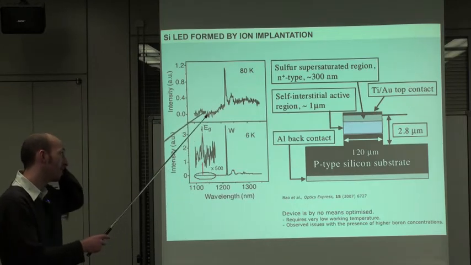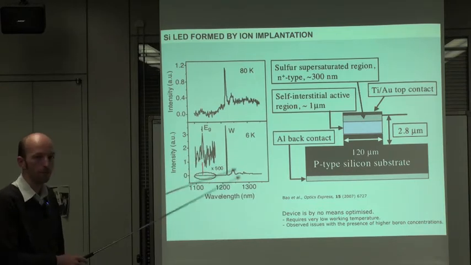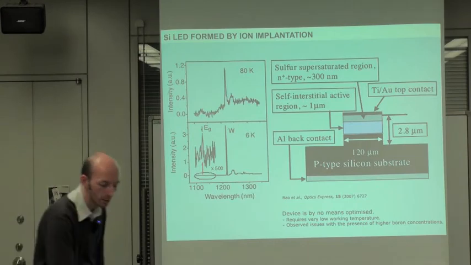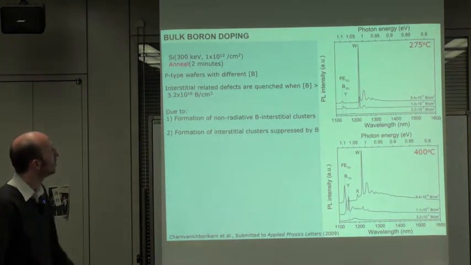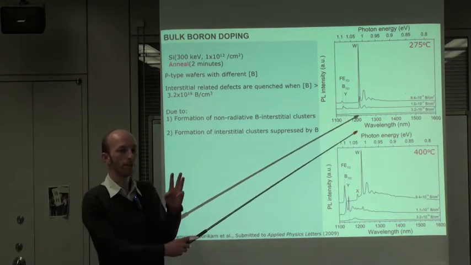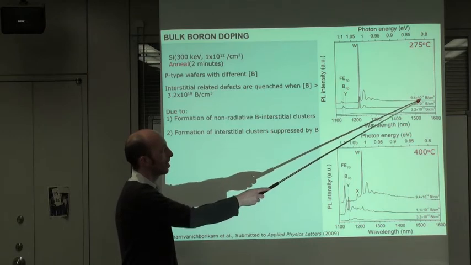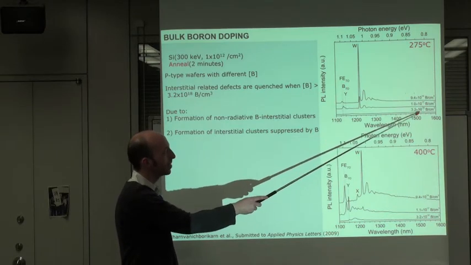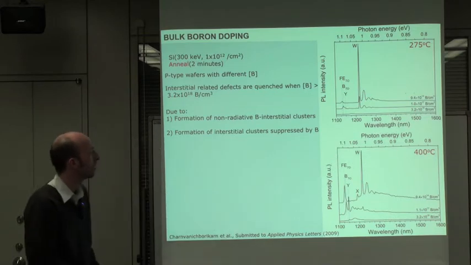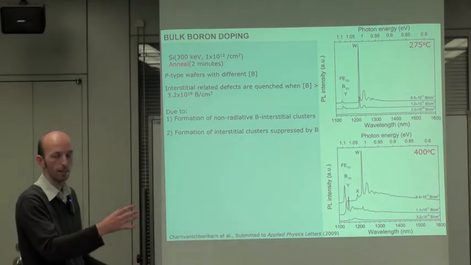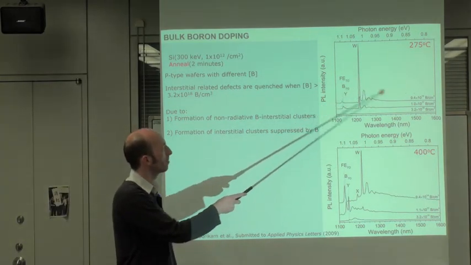The W-line probably in this device wasn't optimized, and they observed some issues with boron doping. So we looked at that in a little bit more detail. We had 3 different substrates which had different boron concentrations. One was 9e14, 1e17, and 3e18, quite high boron dopant. We formed the W center in each sample, and for the low